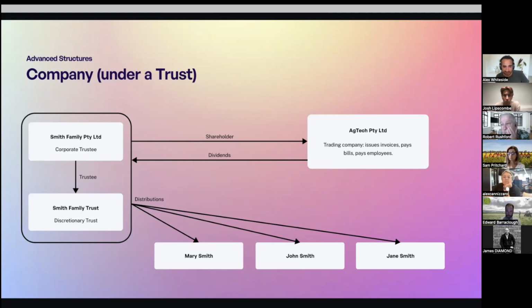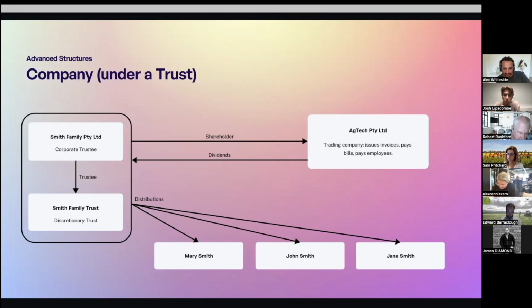But a unit trust is really a fixed distribution pattern. So rather than just at the end of the year, distributions getting decided, do I pay it to Jane, John, Mary, etc., a fixed trust just says it's going to be Jane and Mary every year. That's it. So that works well in a situation where you might have founders or co-founders working together and want to own shares in their trading company through a unit trust, but it gets spread out equally every year, 50-50 or 25-25 if you've got quarters. So yeah, it just depends on